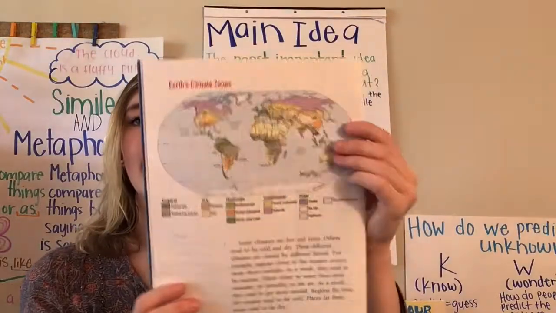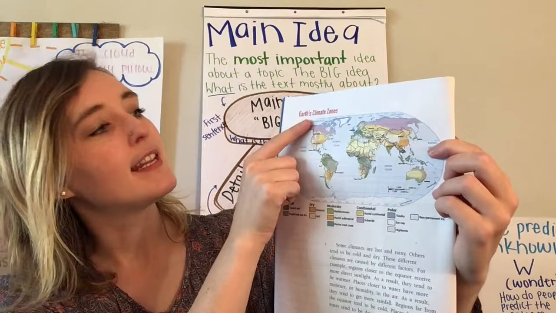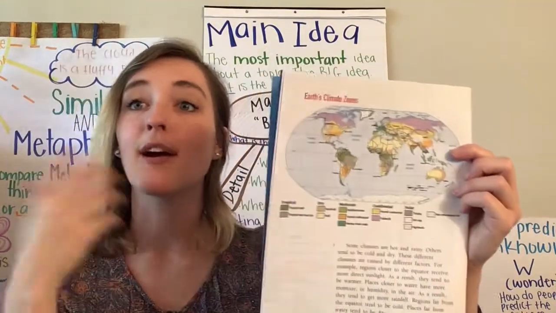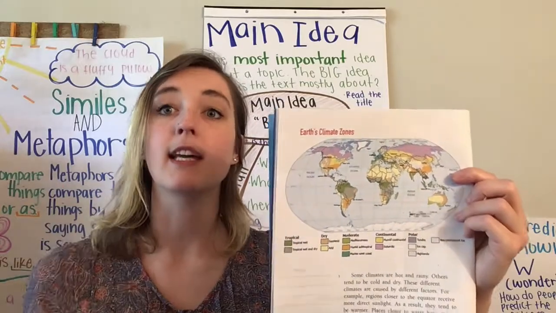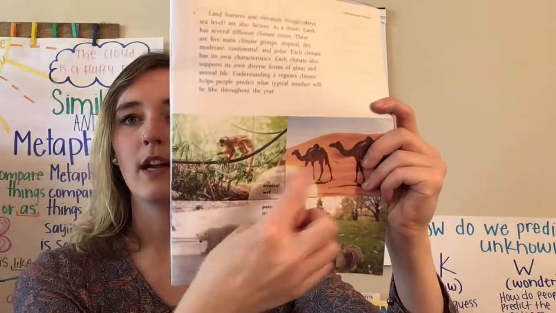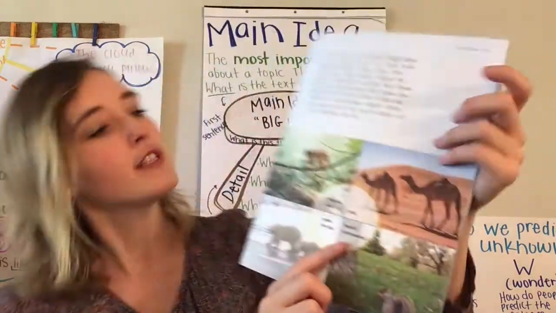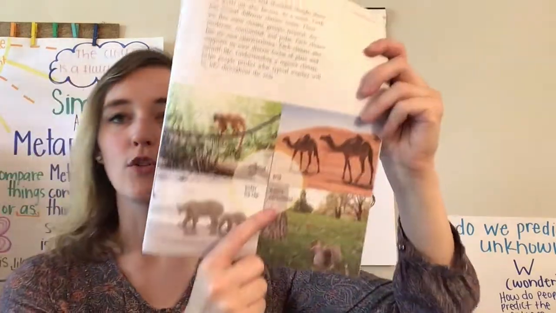On page 8, I see a world map. So another text feature is a map. And it says Earth's climate zones. So it's talking about climate. So I see that we're talking about clouds, we're talking about temperature, we're talking about climate. All right? And then on this page right here, I see 1, 2, 3, 4 different pictures. And the pictures say tropical wet, arid, polar ice, and humid